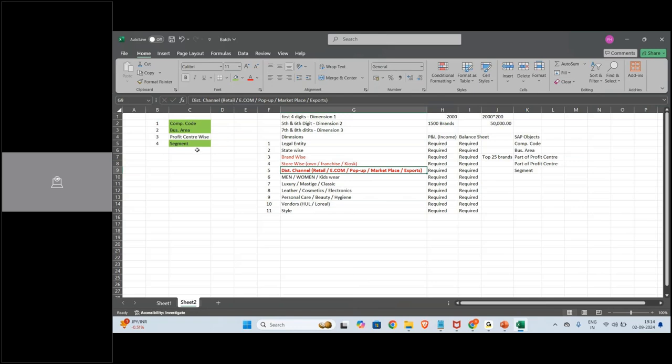Apart from this, profit center groups can also give you. This is not the dimension, but profit centers can be grouped. So you can generate a balance sheet at profit center level, and at a profit center group also, right? That dimension is also coming. If I put products in leather, cosmetic, electronics, or men's, women's, and group them, it's not possible that way. So there should be some logical grouping. Then the number of profit centers will reduce.